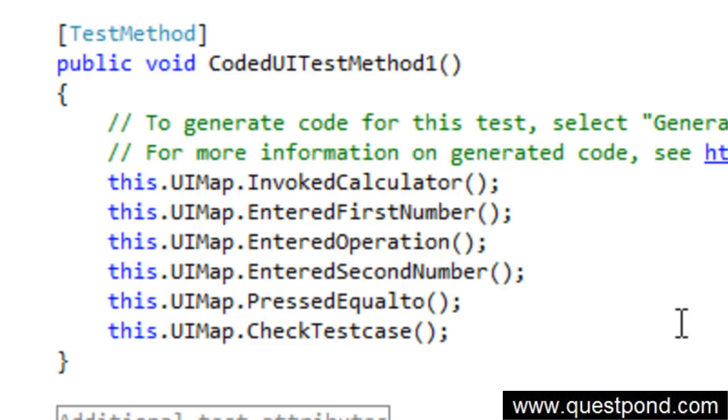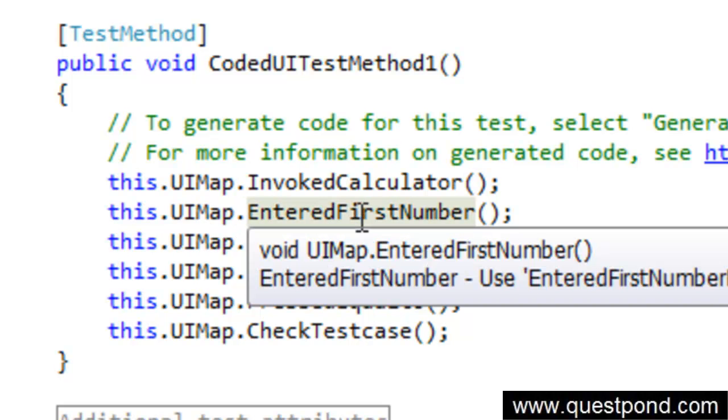Now in the previous tutorial we saw how we can record a simple coded UI test and how we can go and play the same. But the problem with the coded UI test was that all the data is hard-coded. In other words, whatever we recorded while we created the coded UI test has been hard-coded in the program. For example, let us go to this function here, enter first number,